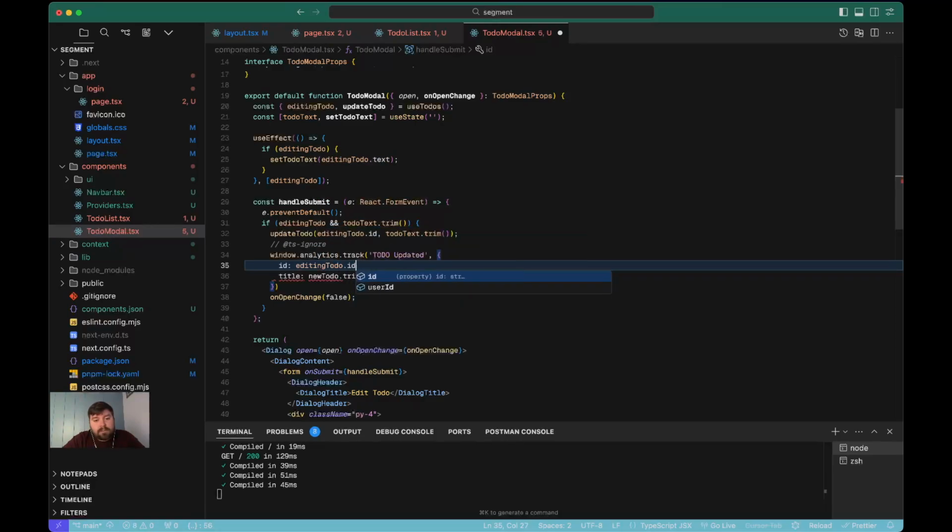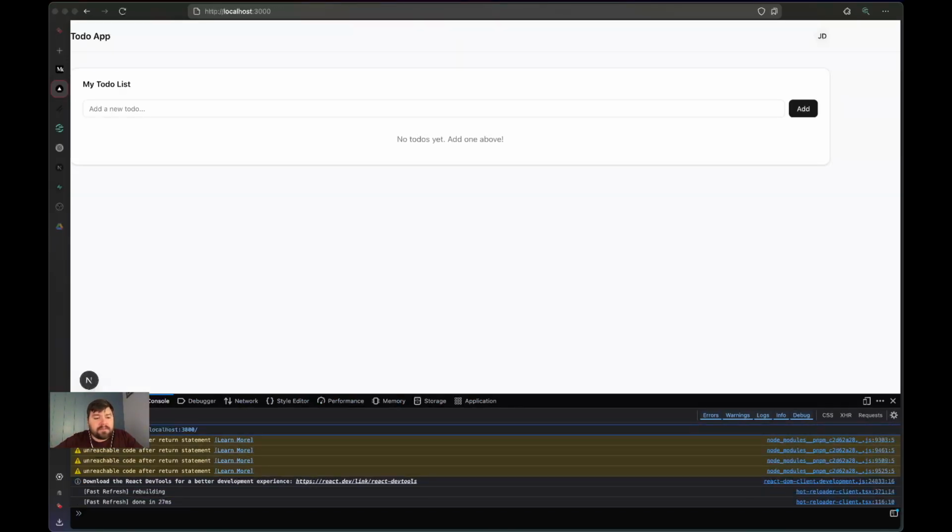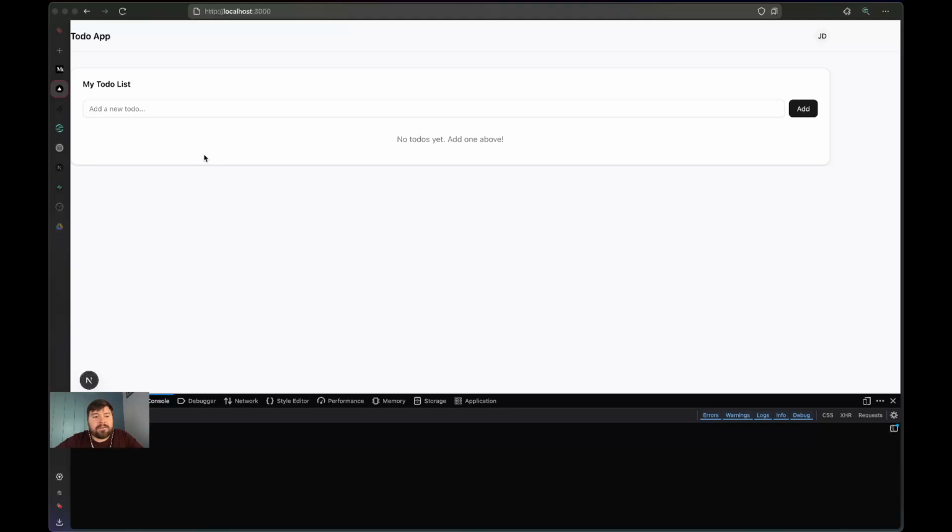To-do that ID. Just do, right. Alright, perfect. So now we can go into our application, just refresh just to make sure things get loaded there,